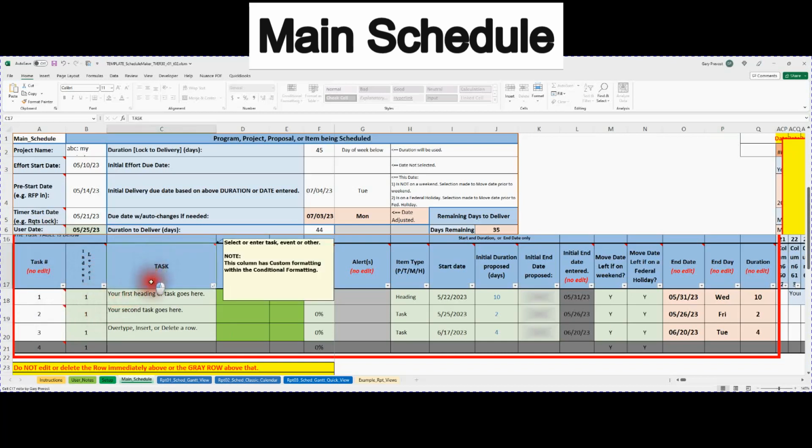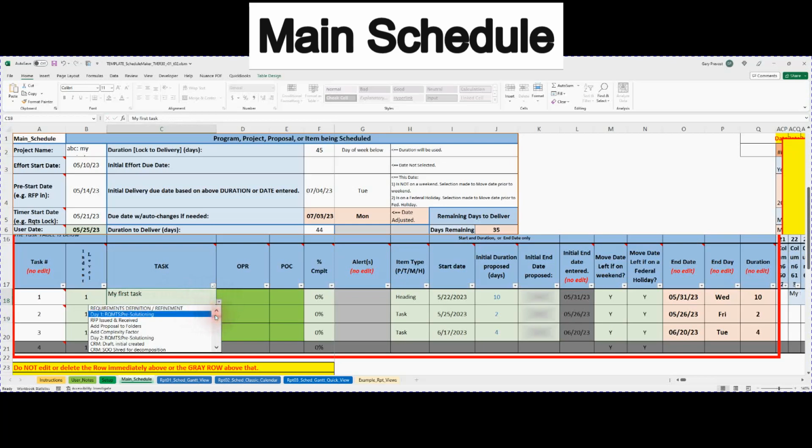Here is the main task area that you want to enter. This is the title of the task, and it could be anything from I'm starting my project to whatever you may happen to select. And there's 2 ways to enter here. One is you can simply type it in, my first task, or there's a drop-down menu which you could select from predetermined items. This one is set up for proposals and projects, and so for instance, the RFP issued, date received,